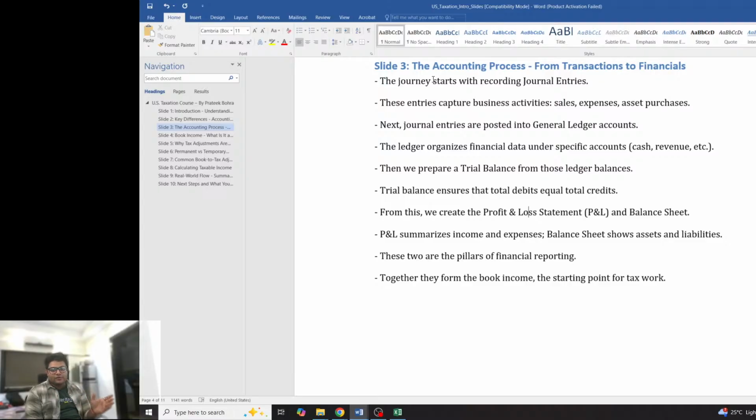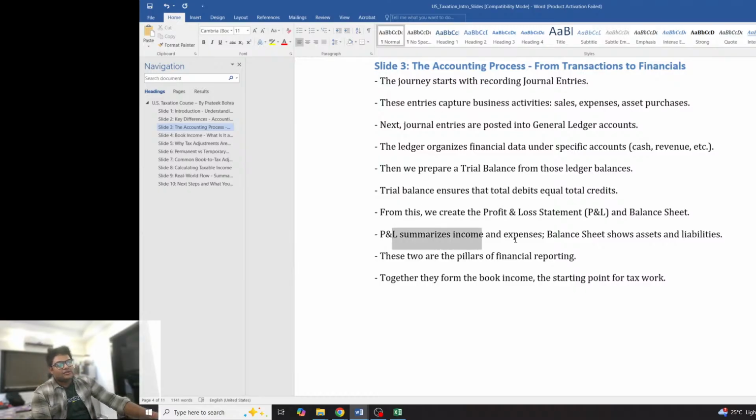That's the main difference between P&L and balance sheet. P&L is calculated in order to identify the taxable income or loss for the year, whereas the balance sheet is whatever has been done till date for the business, including all the past performance. So that's the difference between the P&L and the balance sheet at a given date.